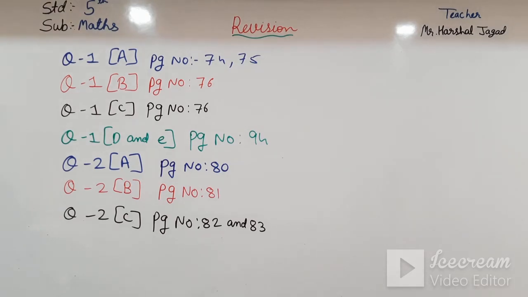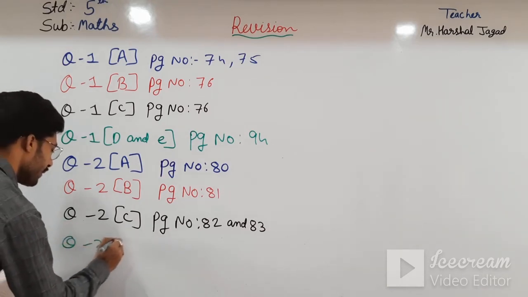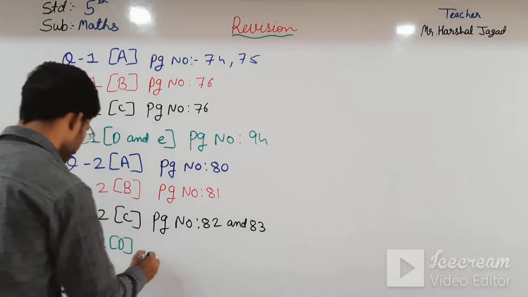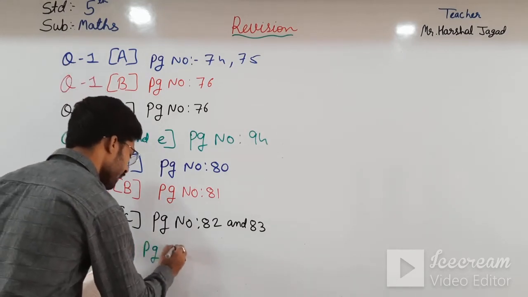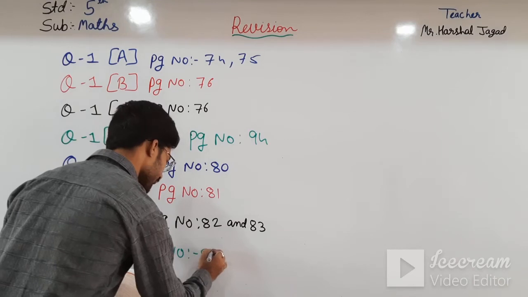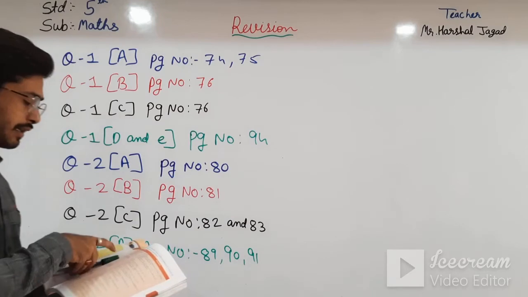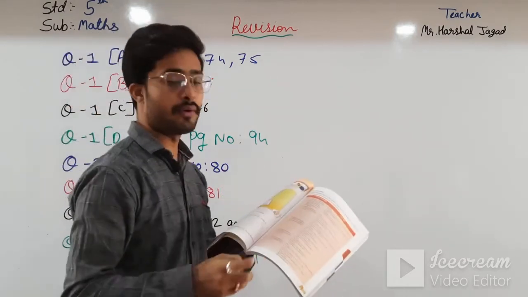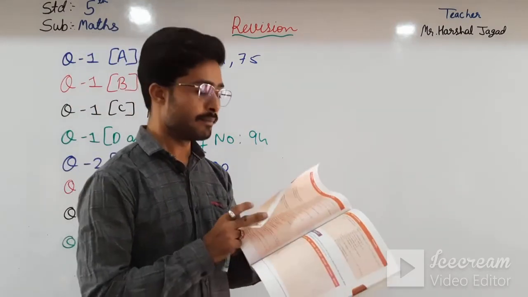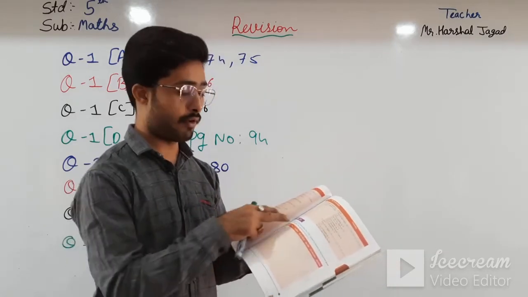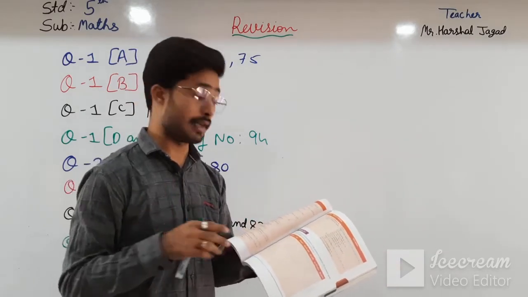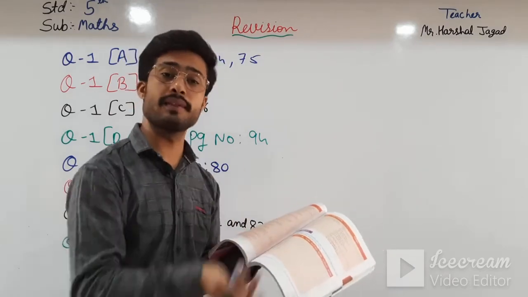So in this you have to just learn the rules of divisibility, then you will know all the answers of it. That is question number 2d. You have to learn page number 89, 90, 91. See here, all the rules you have to learn. If you know all the rules, then you can easily solve the question. And from exercise 3.1 I have not asked only, I have also asked from these examples and some external ones.